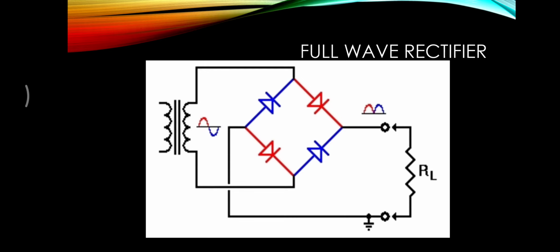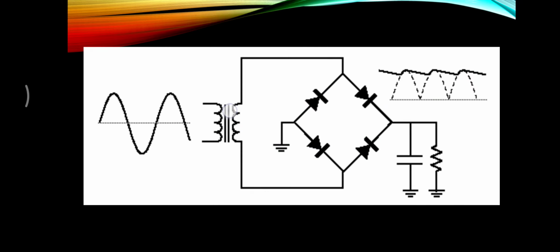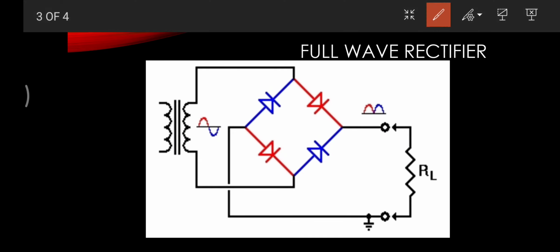For that you need a transformer with three outputs. So let's see how a bridge rectifier works. You can see that in the bridge rectifier the diodes are arranged in a Wheatstone bridge type arrangement. That's why it's called a bridge rectifier. When there is a positive cycle, I have highlighted it with the red color, and the negative cycle I have highlighted with the blue color.